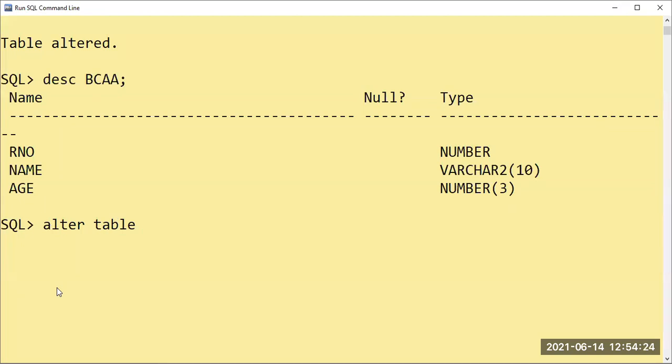Table name is always required because we are telling that we are going to change this table's content. Then BCA. Yes, we are going to change this table. Enter. And one more thing, after BCA also you can go on typing, but I don't want you to get confused. It should be on a separate line, which will be very easy.